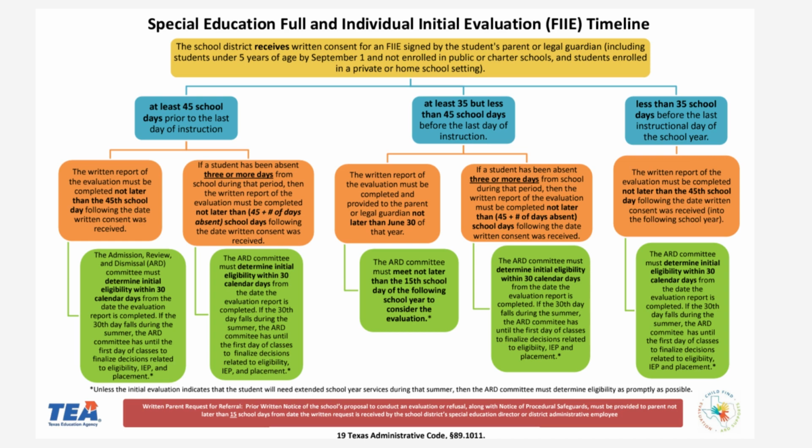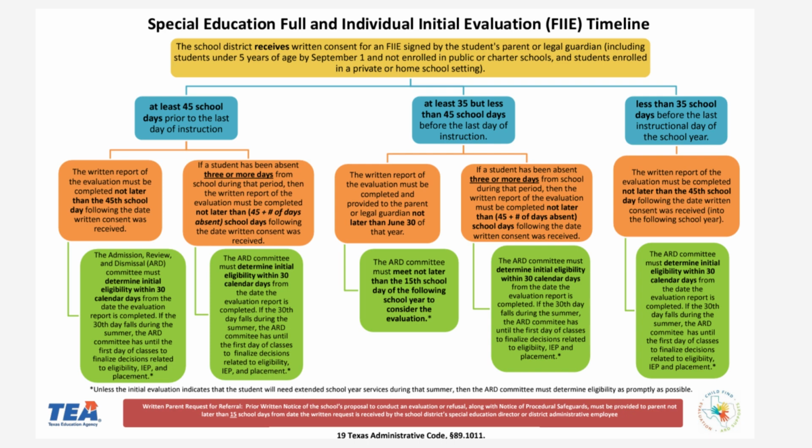If a student has been absent 3 or more days from school during that period, then the written report of the evaluation must be completed no later than 45 plus the number of the absent school days following the day written consent was received. At least 35 but less than 45 school days before the last day of instruction,